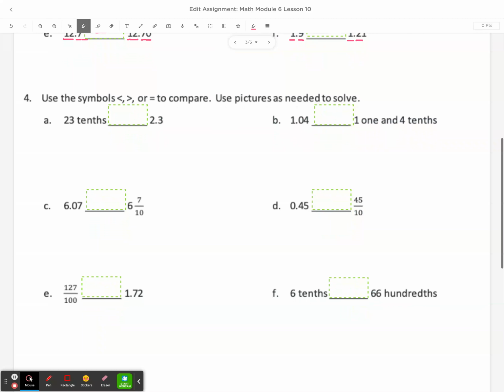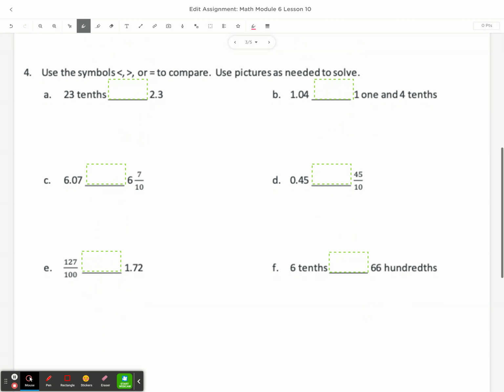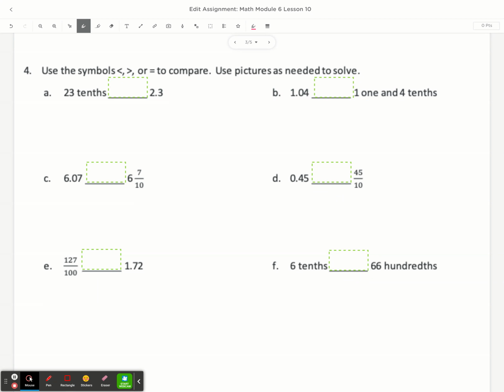And now we are ready to move on to part 4, which is telling us to use the symbols less than, greater than, or equal to compare. Use pictures as needed to solve. So for this one, I'm not going to use pictures, but just glancing over here, I do see that we have some numbers that are written in unit form, some that are written in fractions, and some that are written in decimals. So I think I might make my life a little bit easier and go ahead and write everything